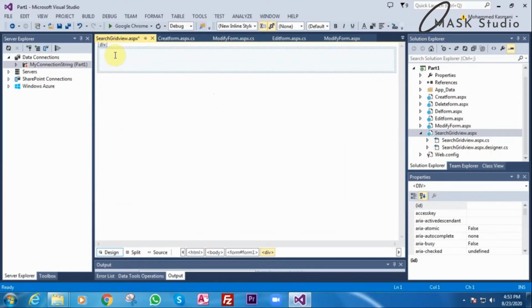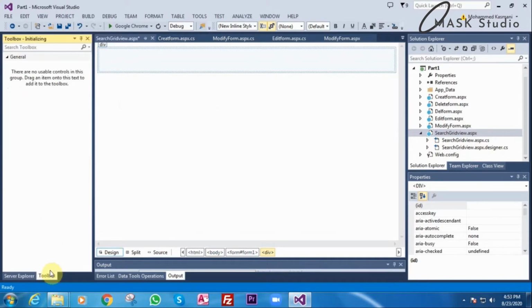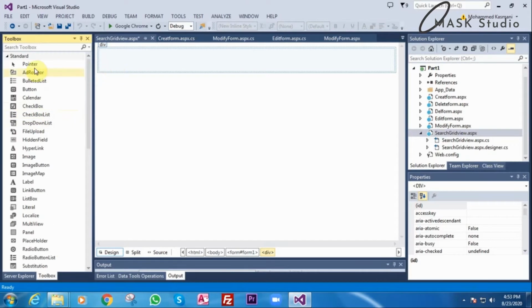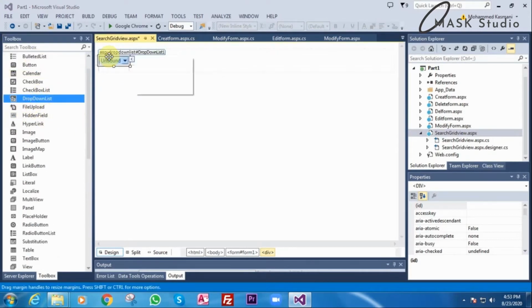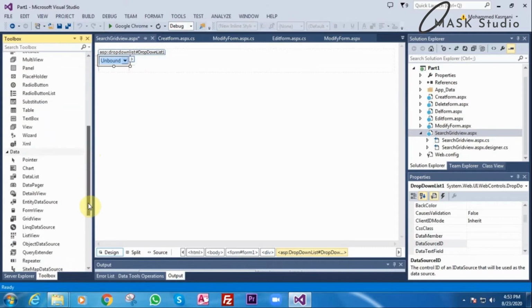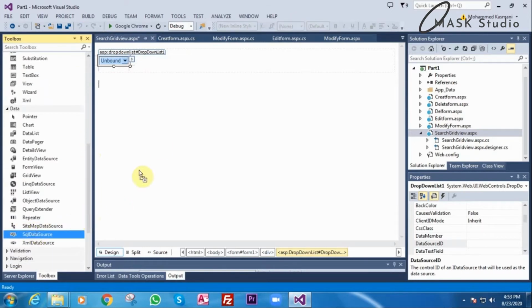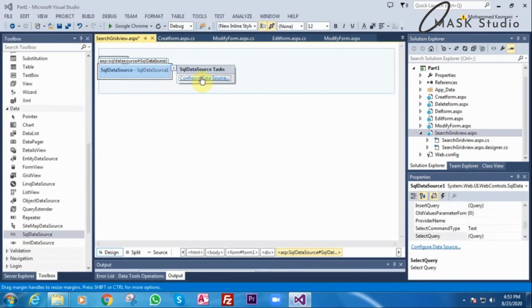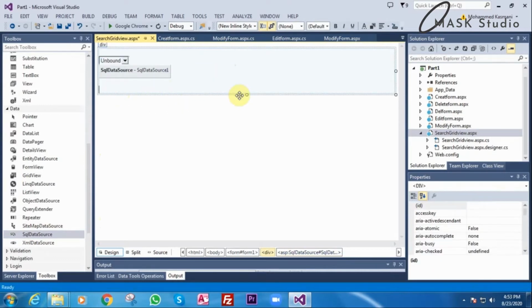Simple. What I will do is I will add a drop down box. This is the one, drop down list, and from data I will drag SQL data source, and also I will add a grid view.